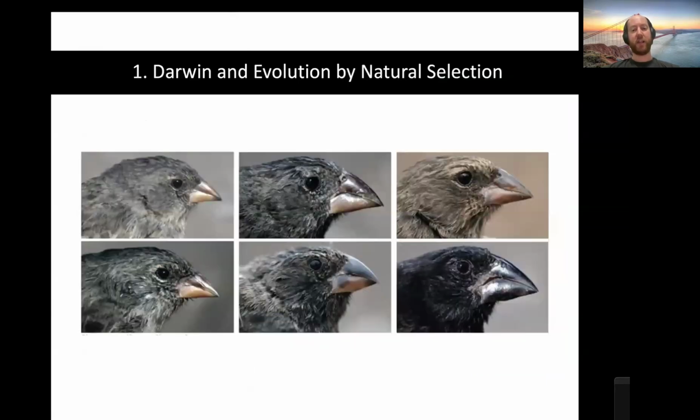Well, the Galapagos Islands arose and became actual islands very recently, a few tens of thousands of years ago. And so these islands were taken over by different types of animals. What Darwin observed was that the finches on different islands actually had different shaped beaks. And he thought, well, this is very interesting, because maybe some of these beaks are better adapted to the habitat on each island.